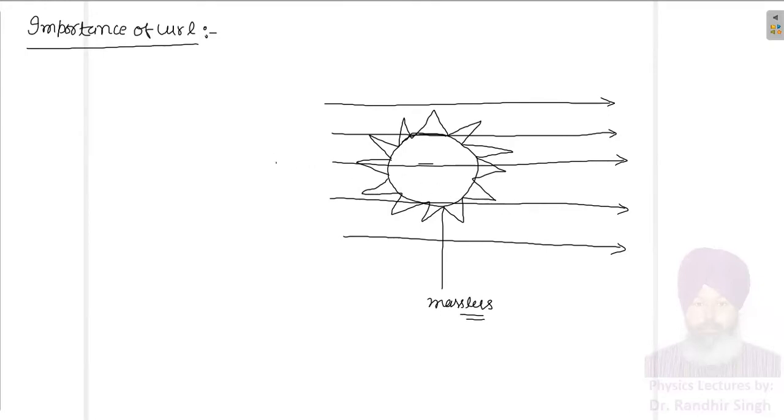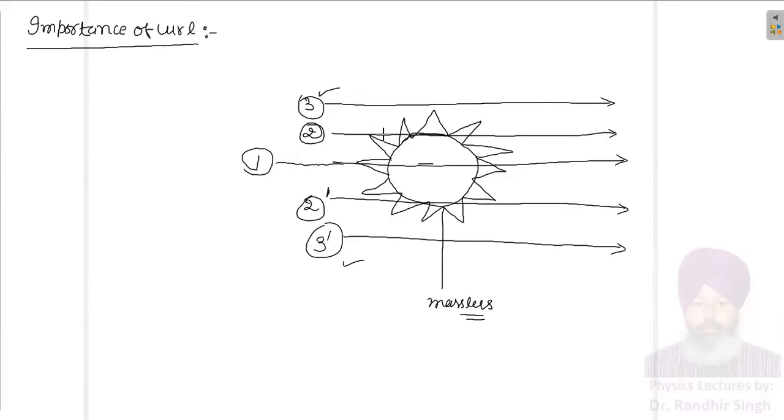Now this is one streamline. I will call this streamline number 1, this streamline number 2, this streamline number 3. Similarly, this is streamline number 2 dash and this is streamline number 3 dash. Let us rule out first streamline number 3 and 3 dash. These streamlines are not touching the wheel, therefore they cannot produce any rotational motion in this wheel.